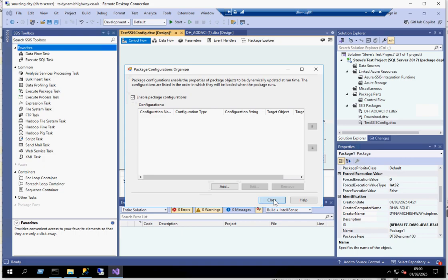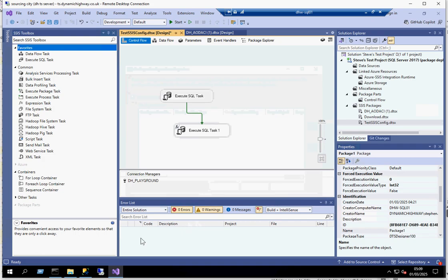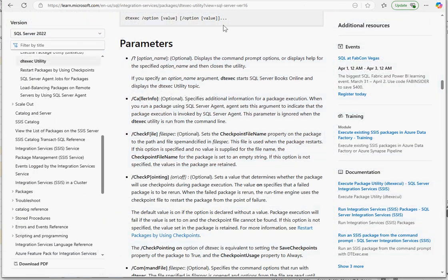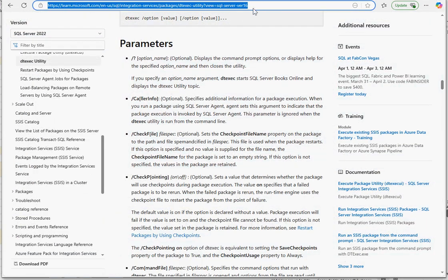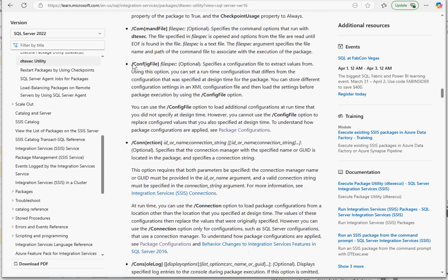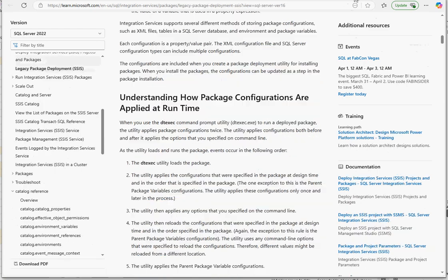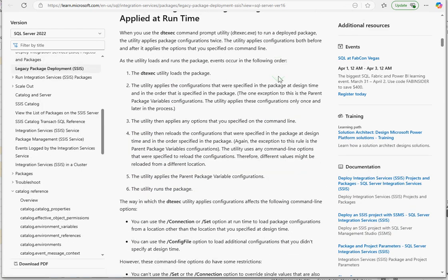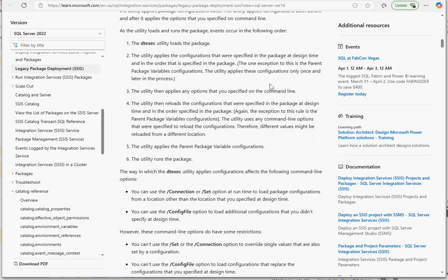The reason for that is, if we look at the notes on DTExec parameters, okay, I'll put these as links in the description for the video, but yeah, we've got this config file option, which is, hey, the DTS config file. But if you look at the package configurations page, it does note that,